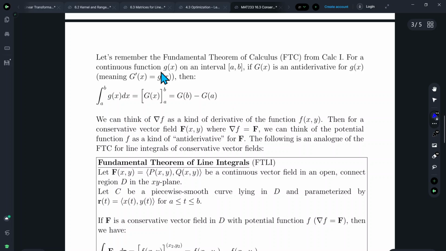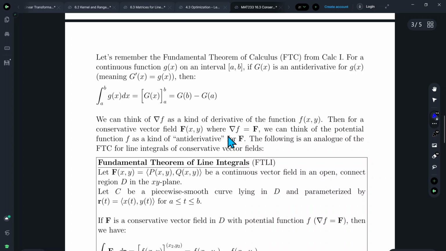Okay, so this is how the fundamental theorem of calculus applies, so that we can calculate definite integrals in Calc 1. Okay, so now how is the fundamental theorem of line integrals similar? Well, we can think of the gradient as a kind of derivative for a two-variable function, and so for a conservative vector field, we can think of the potential function as kind of an antiderivative for the